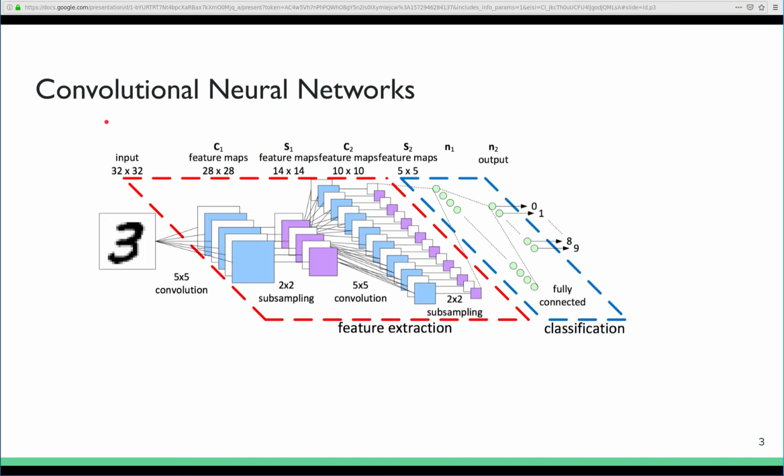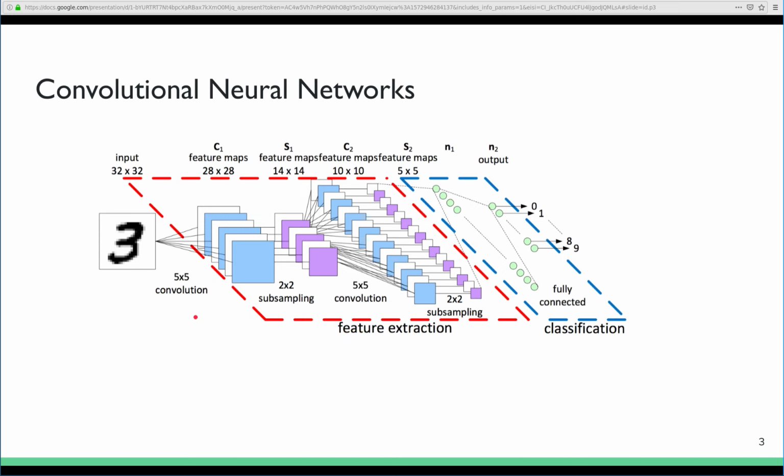So what are convolutional neural networks? CNNs are very similar to ordinary neural networks. They're made up of neurons that have learnable weights and biases, and each neuron receives some inputs, performs a dot product, and optionally follows it with a nonlinearity. So what changes? CNNs make the explicit assumption that the inputs are images, which allows us to encode certain properties into the architecture, and these then make the forward function more efficient to implement and vastly reduce the amount of